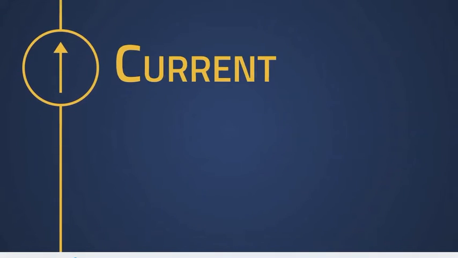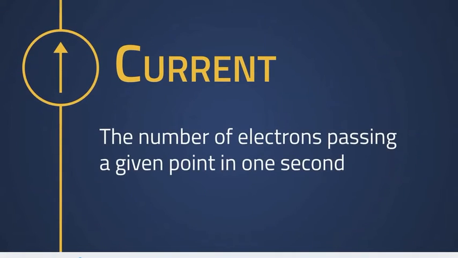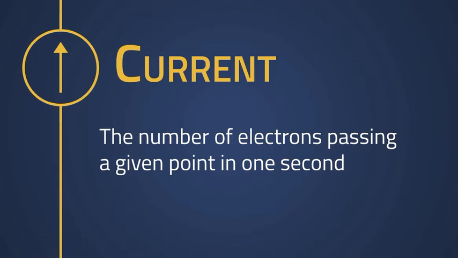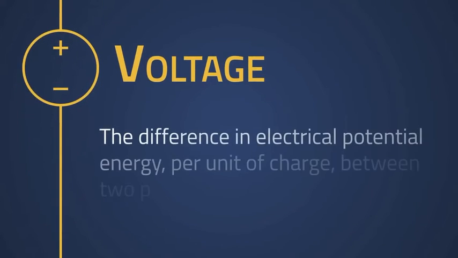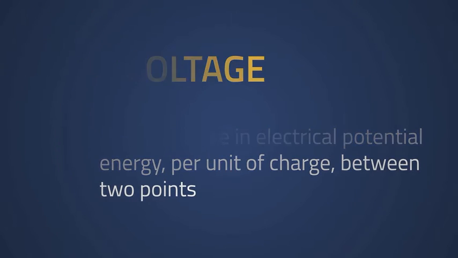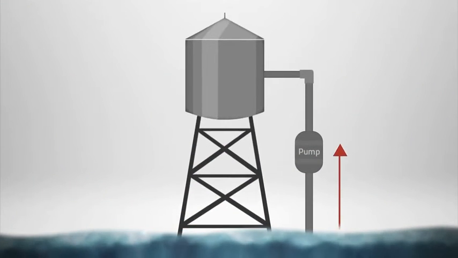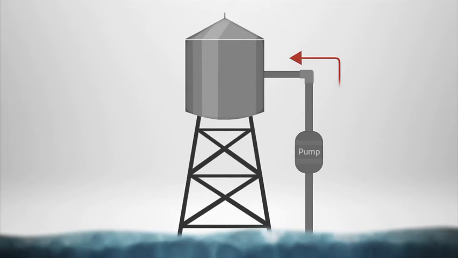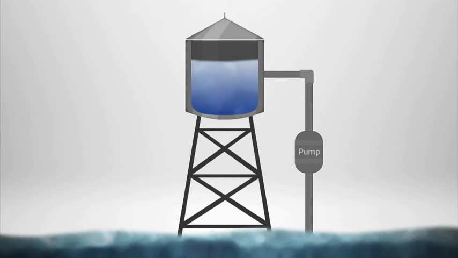An electrical current is defined as the number of electrons passing a given point in a second. And voltage is defined as the difference in electrical potential energy per unit of charge between 2 points. To explain this further, let's say we have a body of water, with a pump drawing the water up to an elevated tank. Right now, the water tower has a lot of potential energy to do work, but it isn't